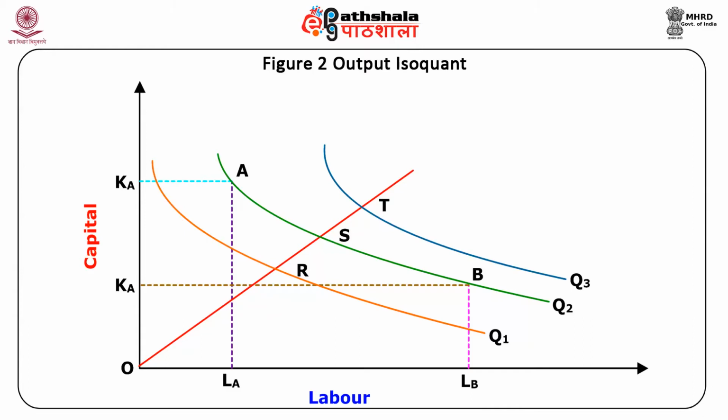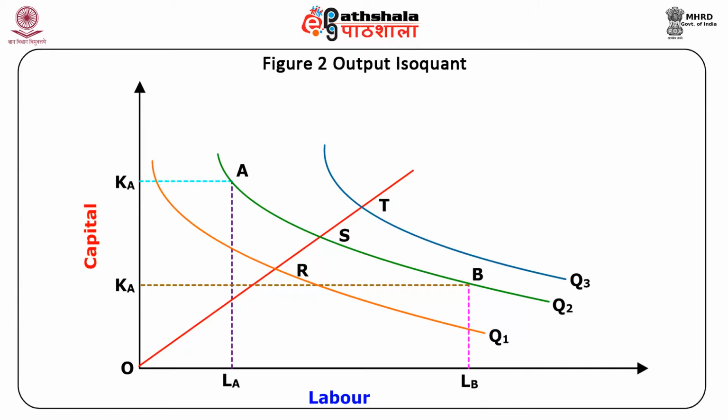Each of the isoquants reflects the diminishing effectiveness of substituting one factor with the other in the production process. In addition, it also represents the combinations of other factors with which each level of output can be produced. For example, on isoquant Q2 at point A, a combination of capital OKA and labor OLA produces the output Q2, whereas at point B, output Q2 is produced by a combination of capital OKB and labor OLB.